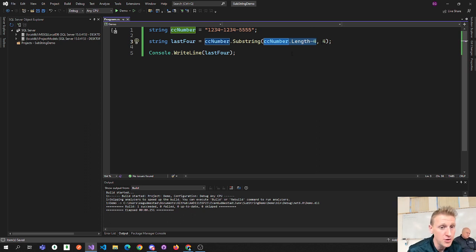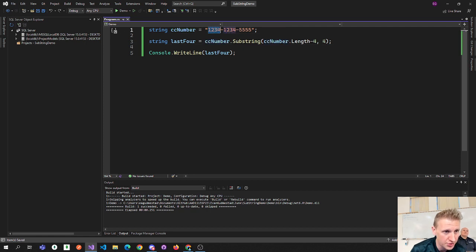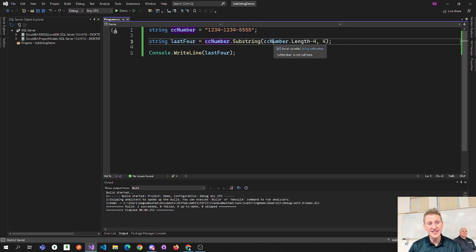So if I do this math, the length minus 4, I'm going to count 5, 10, 14. 14 minus 4 is 10. So this essentially says 10 comma 4. Okay? But it's dynamic because it's using the length. So what is position 10? 0, 1, 2, 3, 4, 5, 6, 7, 8, 9. There is 10. So this is a little bit more dynamic if you use the length minus 4 and then